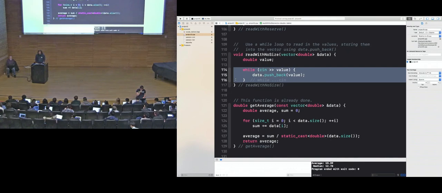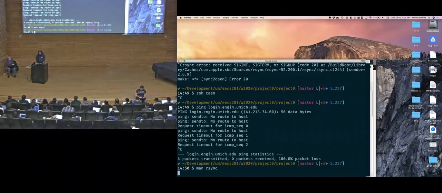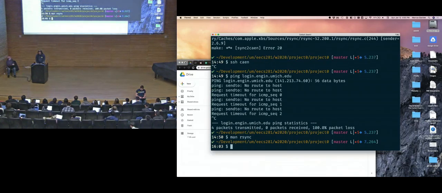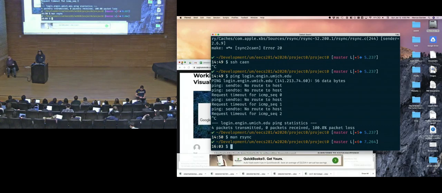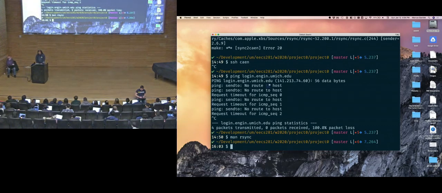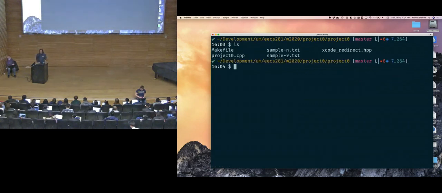So I've got a way to do that over here in my command line. All right, let's see what's going on here. All right, so here I am in the Project 0 file. You can see that I'm here with the stuff. I've got the Makefile, so I can do,